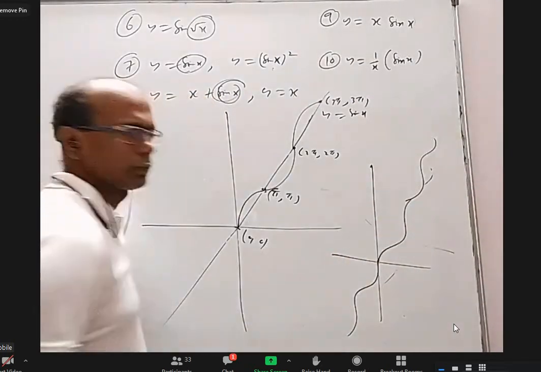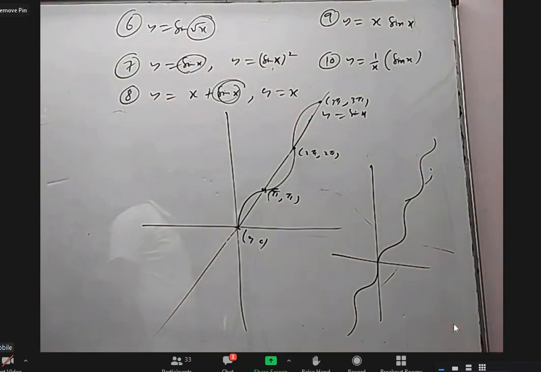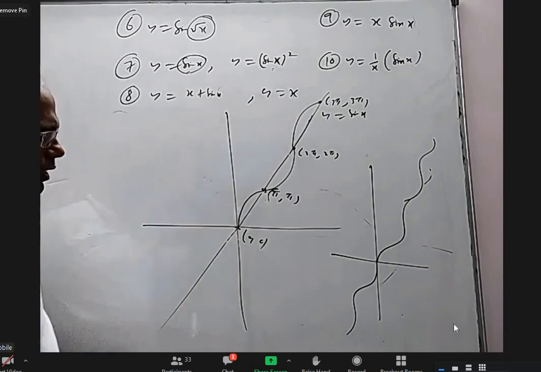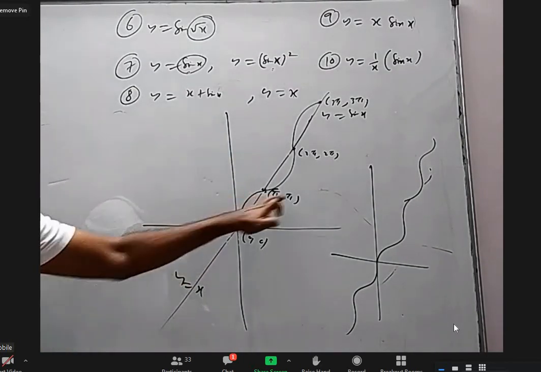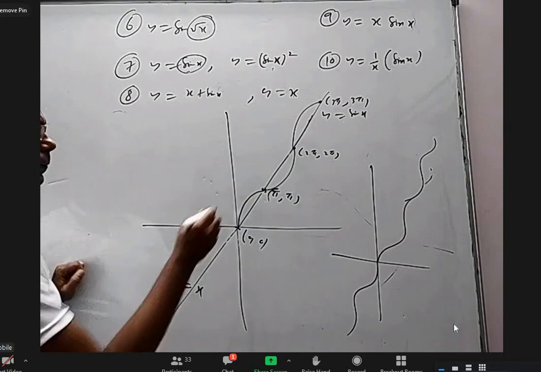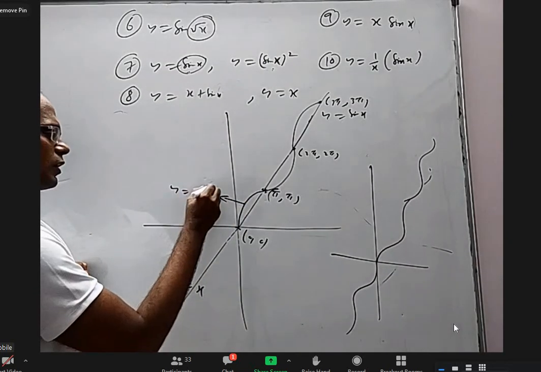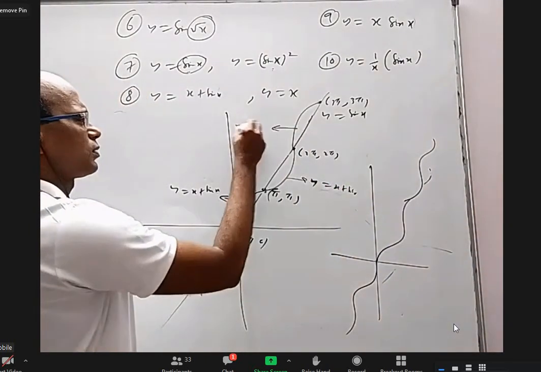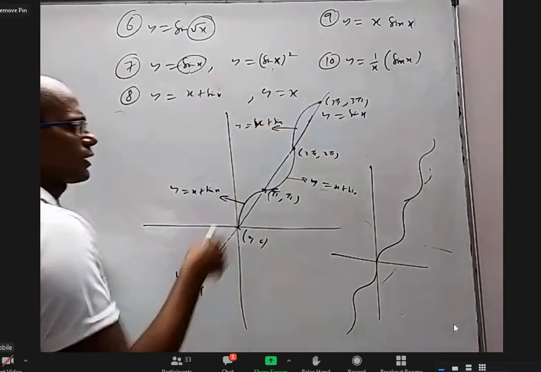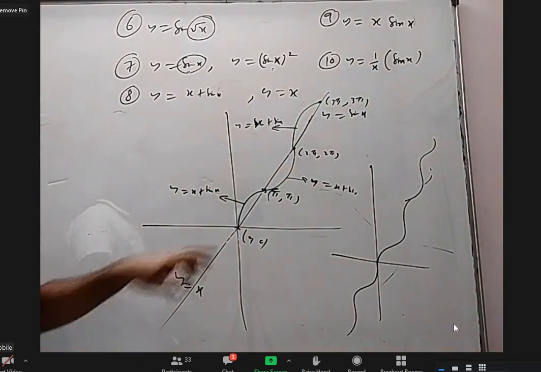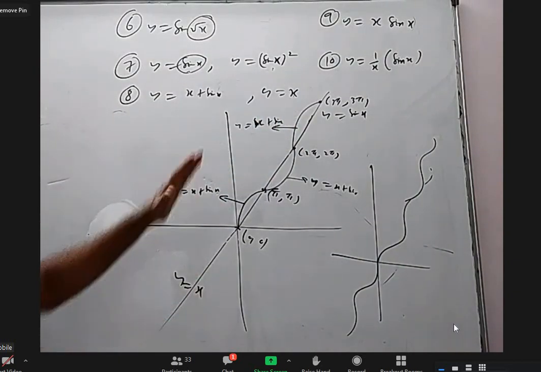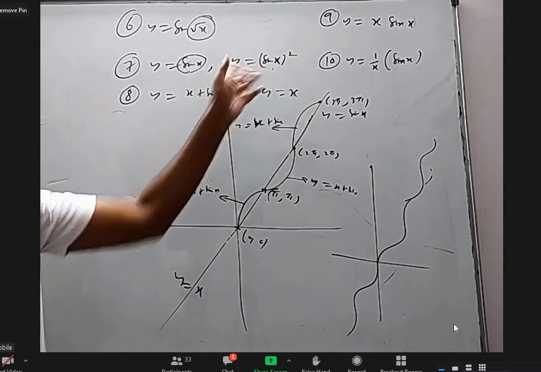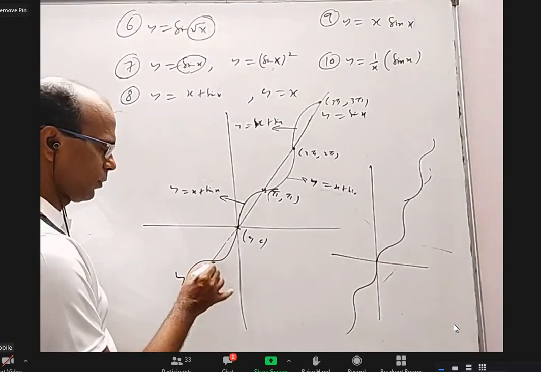Here the straight line is y equal to x, but the curve is the x plus sin x graph. This is y equal to x plus sin x, this is also y equal to x plus sin x, and this is also y equal to x plus sin x, but the straight line is y equal to x. Between the points, one time this is higher and this is lower, another time this is higher and this is lower, alternately. So it will come like this. This will be minus pi comma minus.